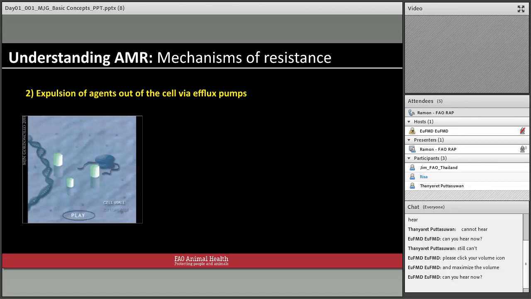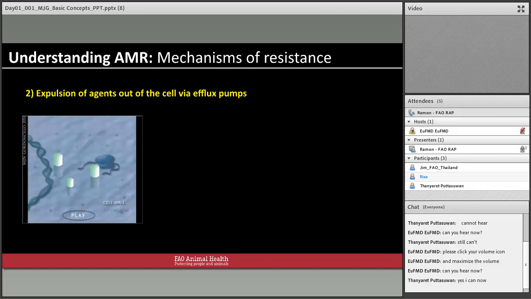Apparently, because some bacteria, you know that antibiotics are also from bacteria, right? So this is the normal thing they do, because sometimes the antibiotic they produce inside their cell, they need to let it out. So some gain the ability to produce more efflux pumps. So even if the antibiotics are able to enter, they get kicked out, so they don't do their thing inside the bacteria. So this is probably one of the more common mechanisms of resistance.